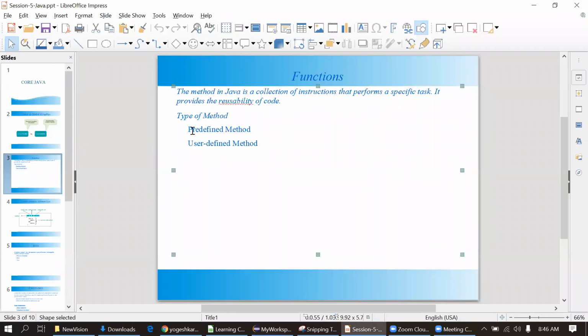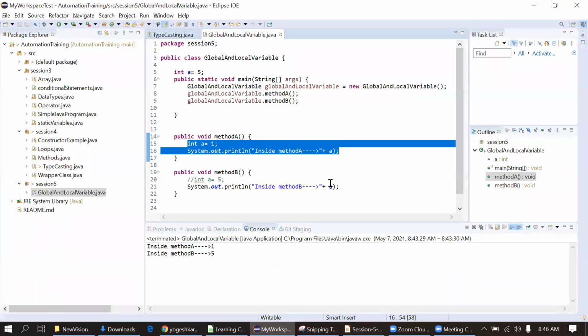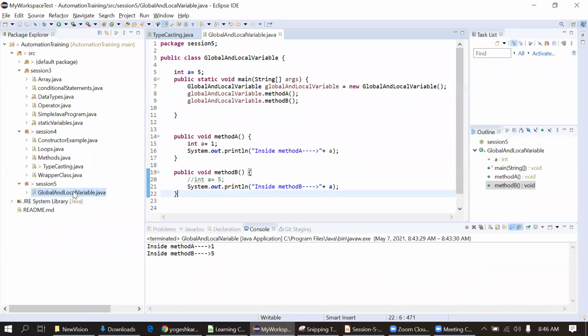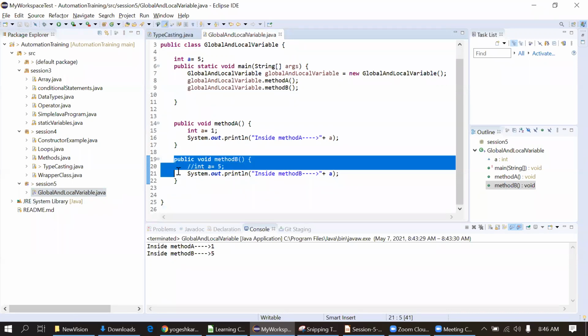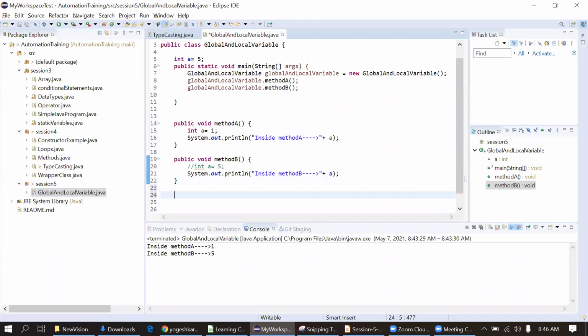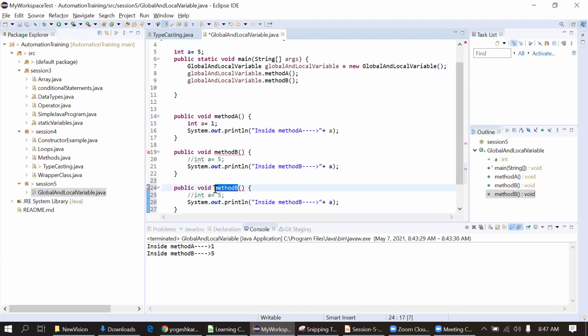Now we'll discuss what a predefined method is, that we were seeing at the start of the class when we went to the Integer class. In the Integer class we are seeing multiple methods, and all of those are predefined methods. So we will walk through predefined methods as well. I will just continue in this class. Predefined method, I can give any name.